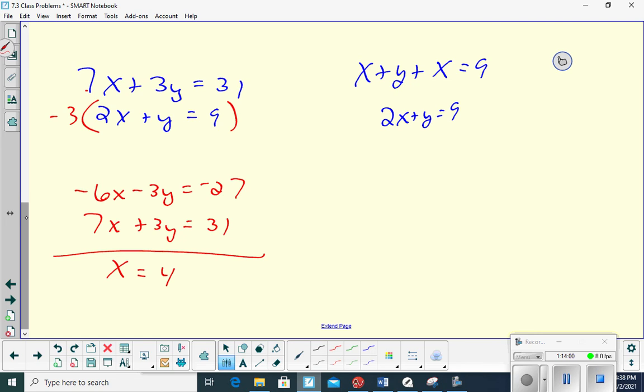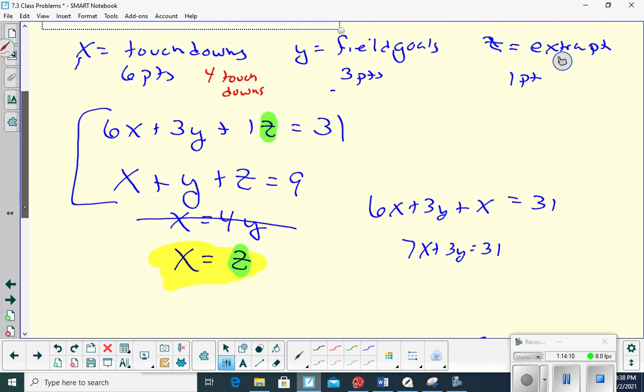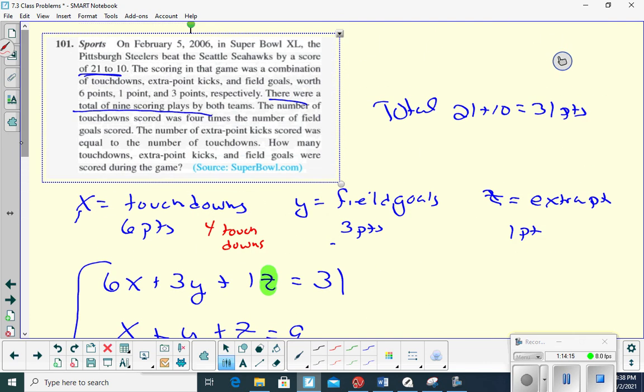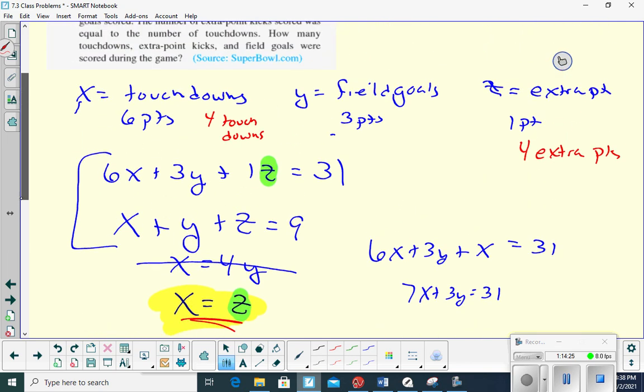So that means that I have 4 touchdowns. The number of touchdowns was equal to the number of extra points, which means I had 4 extra points. And then they tell me that the number of touchdowns is equal to 4 times y. So I could say 4 is equal to